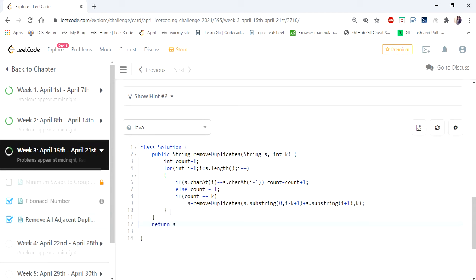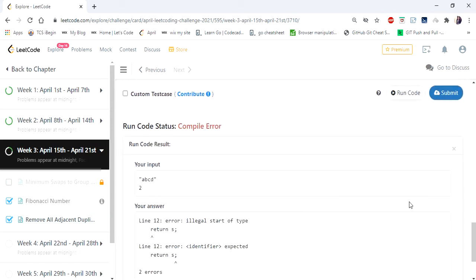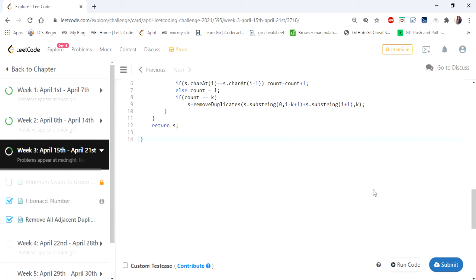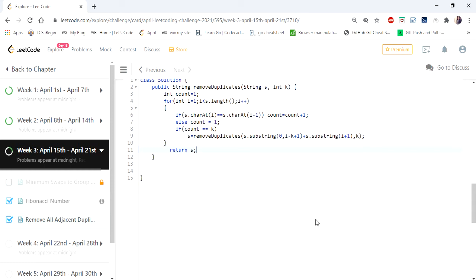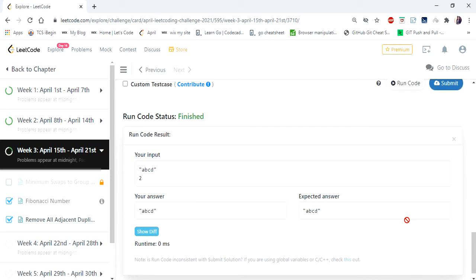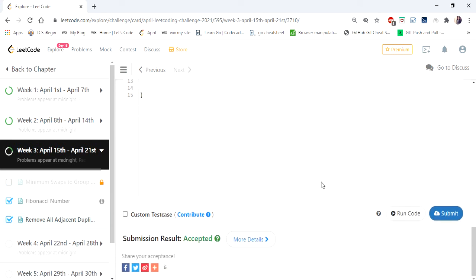So let's run. Okay, we should return this within the method. So yes, let's run now. Yes, so let's submit. Yes, our solution is accepted